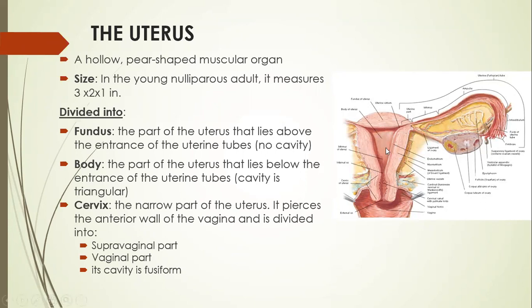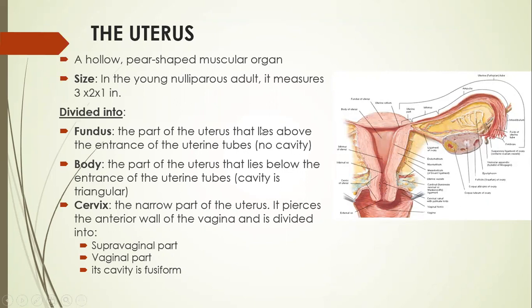If there is a fertilization and the fetus starts developing, then it becomes a very huge organ, and from a pelvic organ it becomes an abdominal organ. So it has the capacity to expand to a very large extent. This is the lumen of the uterus, divided into 3 parts. The upper part above the opening of the fallopian tube is called the fundus, here is the body, and the lowermost part is called the cervix.